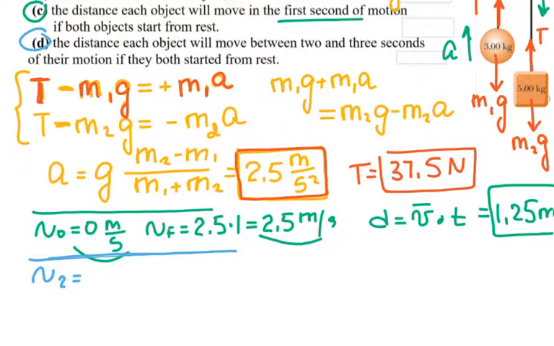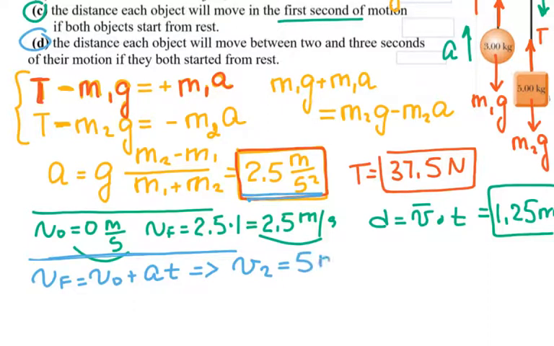So let me write the formula here. The final velocity is equal to the initial velocity plus acceleration times time. So the velocity at 2 seconds: the initial velocity is 0, and 2 seconds later with this acceleration it is 5 meters per second. And the velocity at 3 seconds, again the initial velocity is 0, the acceleration is 2.5, and in 3 seconds I will get